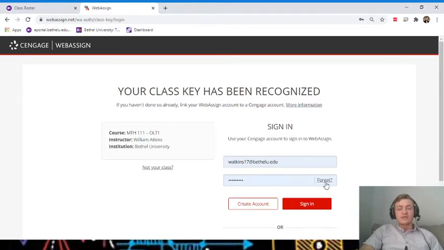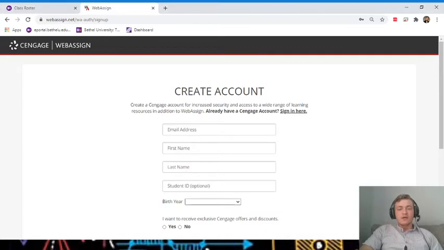If you forgot your password, hit Forget. A link will be sent to your Bethel U Gmail, and you will follow the links there to reset your password. If you have never used WebAssign before, you will click Create Account, and under Create Account here, you will